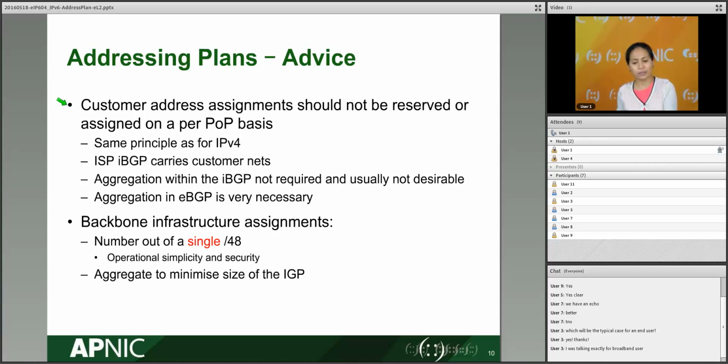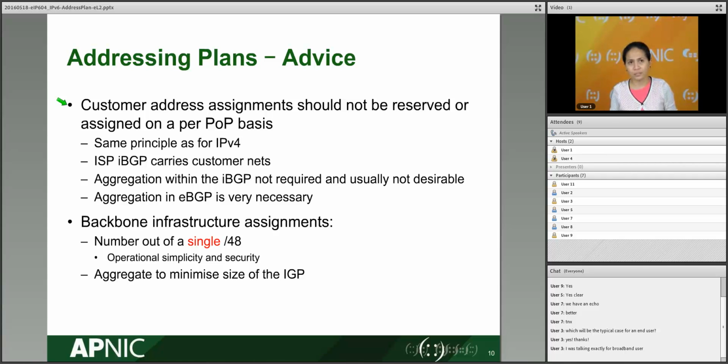So what we're saying here is the reservation process. If you are doing your design, you don't assign them equally, because you know that's not going to happen in real life. They don't grow all at the same time. The number of customers that you get is not always the same for each part of your region that you're operating in. There's nothing new to this. It's the same principle as you do in IPv4. So you can still keep all of those BCPs that you're doing in v4 in addressing